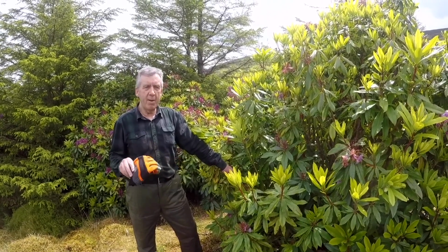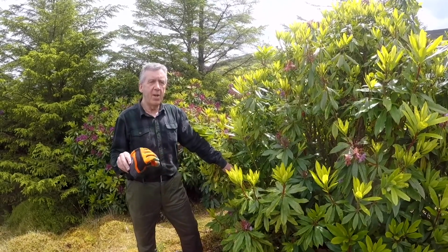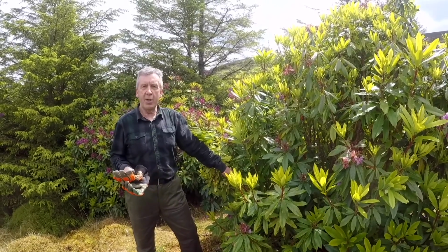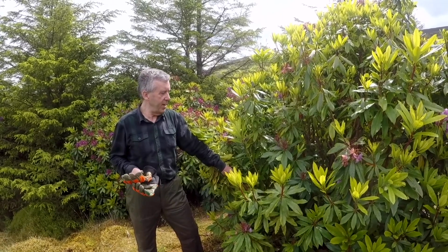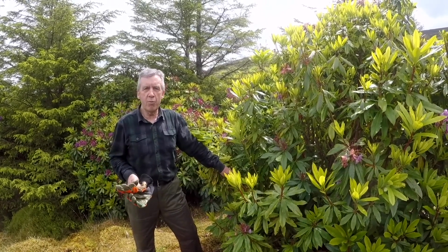It's the most environmentally friendly way and most efficient way. The other alternatives are you can come in with a machine and dig it out, and you have a huge root ball attached to it, and the plant, unless you destroy it in some other way by burning it or something, which really isn't an option, the plant will continue to grow even after you removed it from the ground,